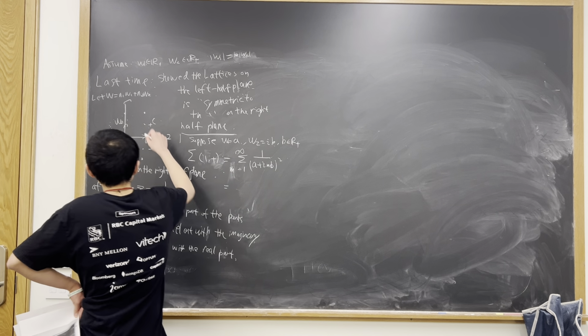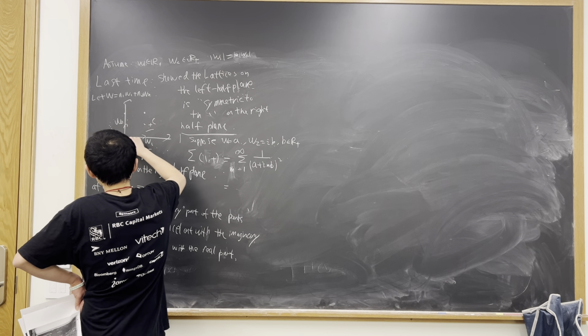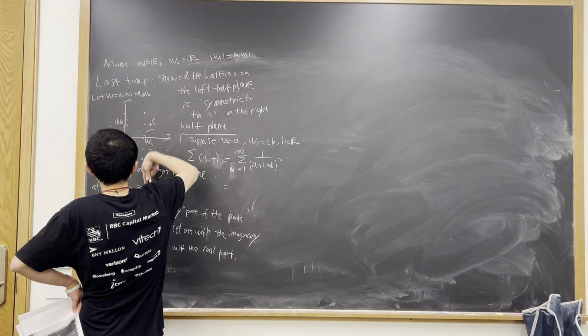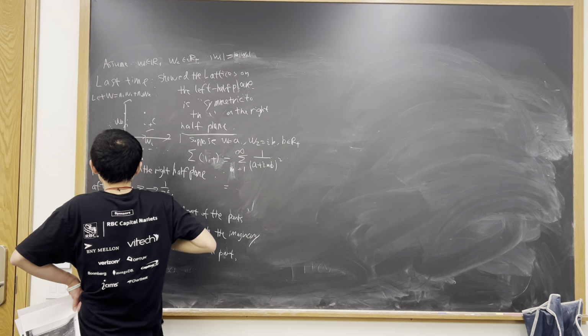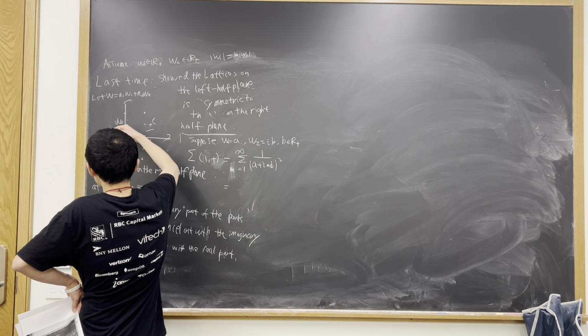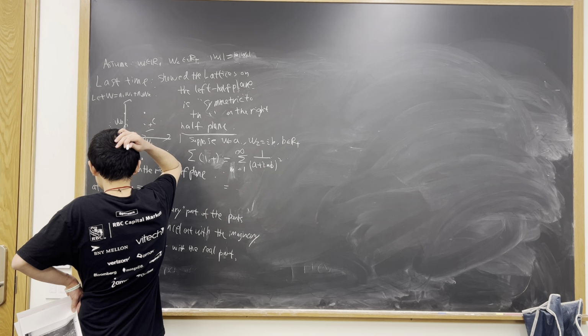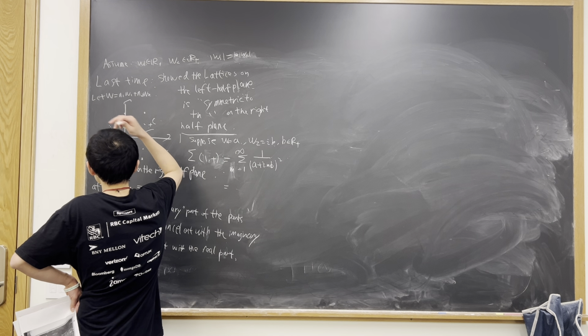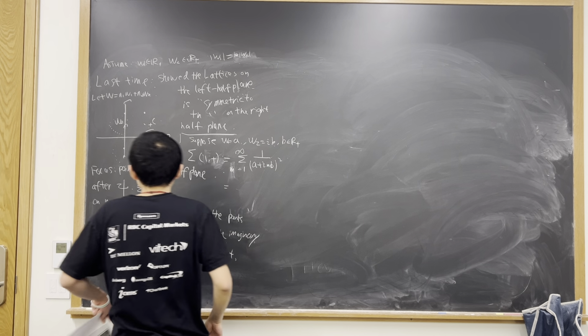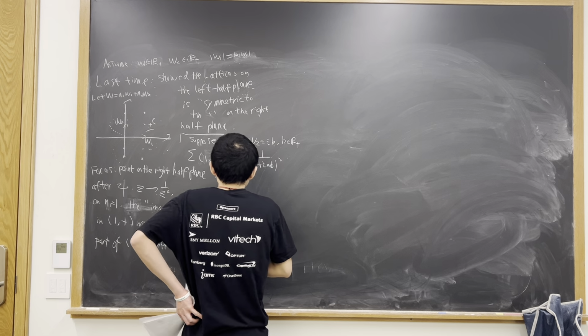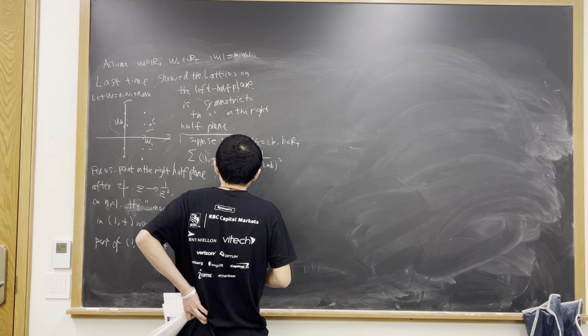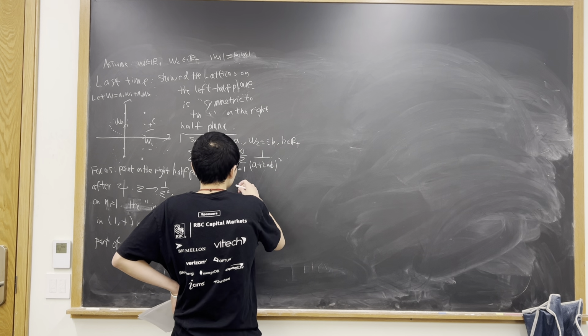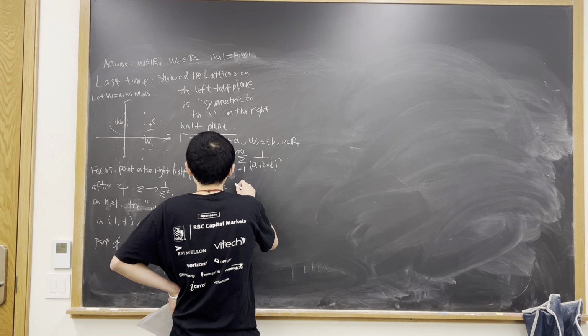Sorry, I think this positive part corresponds to this part, and then this negative part, after you do a doubling and then you do a reversal. Yeah, so it becomes here. So then it is equal to